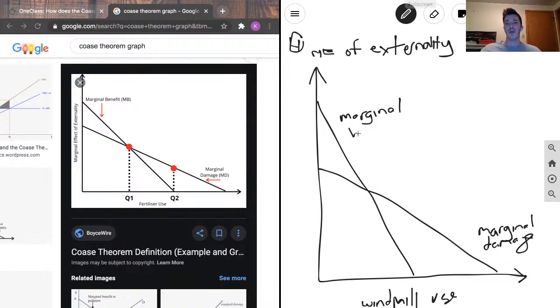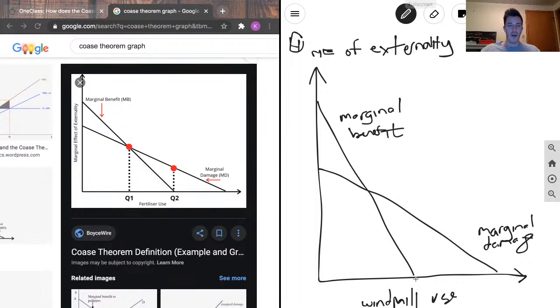Obviously, the longer the company runs the windmill, the more benefit they're going to get as it produces more power. So at this point here, when windmill use is 0, the marginal benefit is at its highest, and as windmill use increases, the marginal benefit